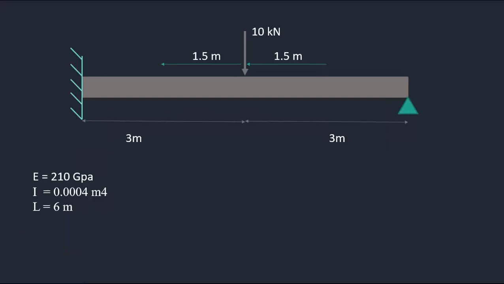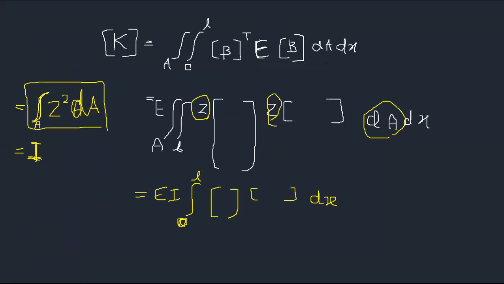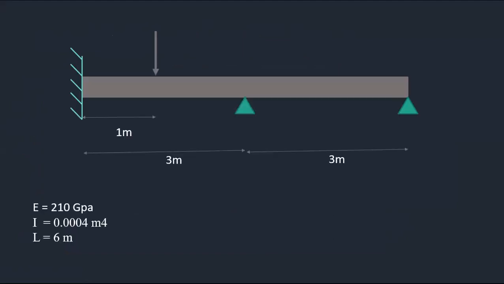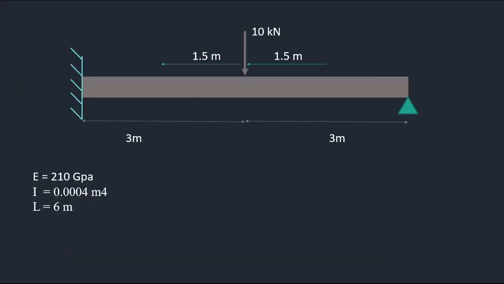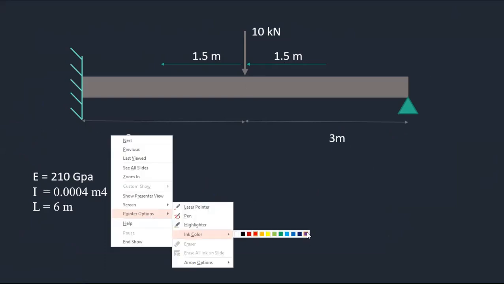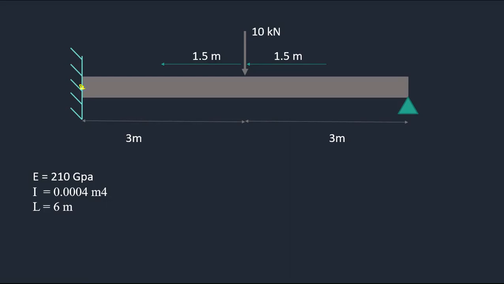So you need to solve this using the finite element method. Using these matrices, you saw the stiffness matrix was there, and you can determine the displacement and then the forces. In this example you need the reaction forces, so definitely you should have a node at this location, and a node at this location, because you need the reactions at these locations. You will have a reaction and bending moment at the fixed end, and